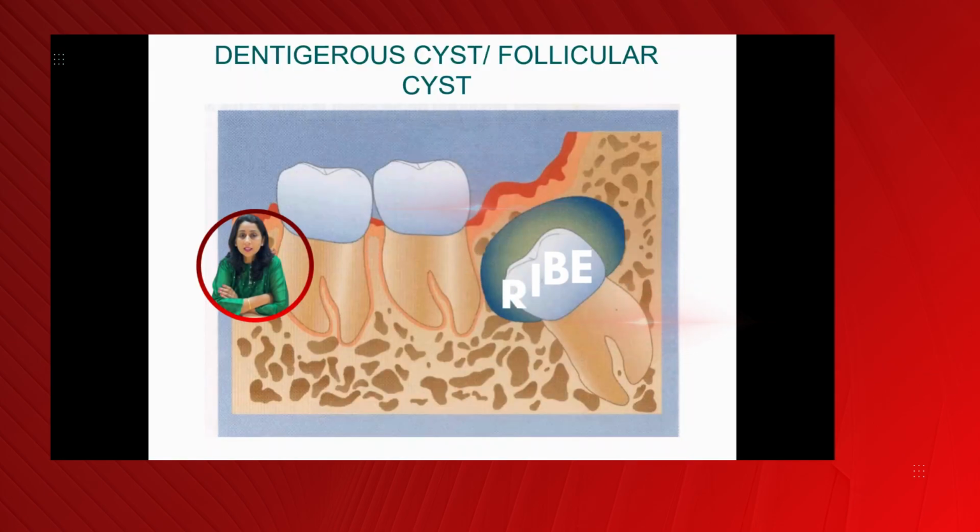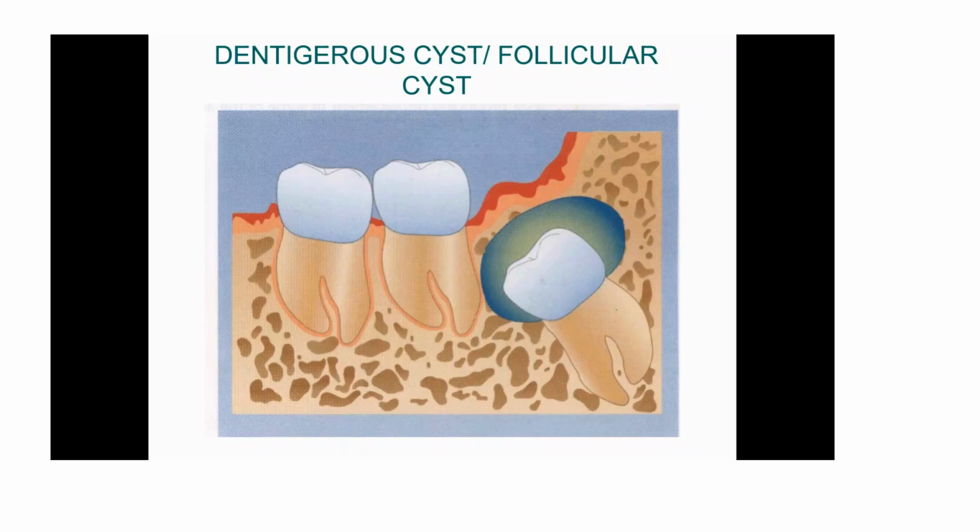Hello, everyone. In my previous lecture, I had introduced the topic odontogenic cysts. Today I'll be speaking about dentigerous cyst or follicular cyst. Sometimes in exams, just to confuse you all, they change the name of the cyst. For example, instead of writing directly dentigerous cyst, they write follicular cyst and they expect that you know the other names of the cyst. So you're supposed to know that follicular cyst is the other name for dentigerous cyst.